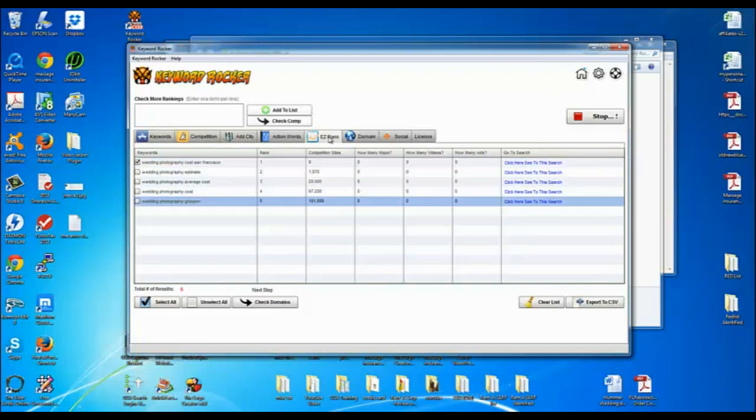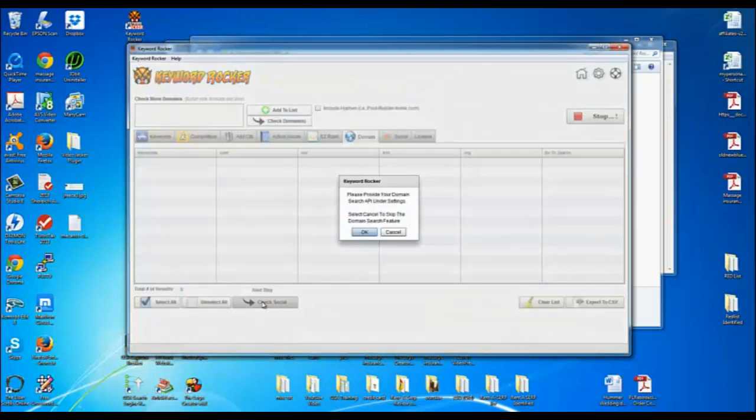Let's go back to EasyRank and check the domains. But you have to set up an API and plug it into the program here, and unfortunately I didn't know that was coming, so that's something I'm going to have to do when I'm offline.